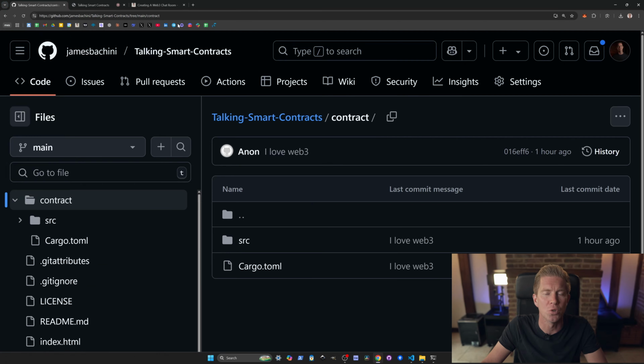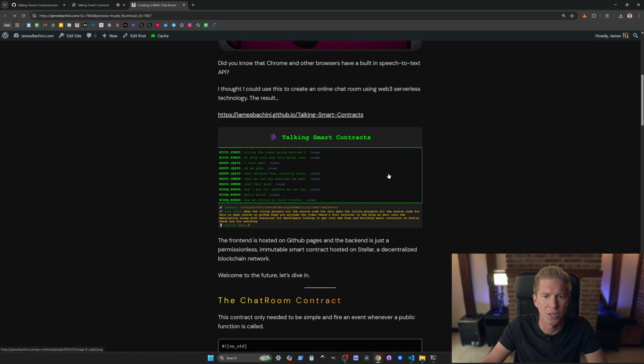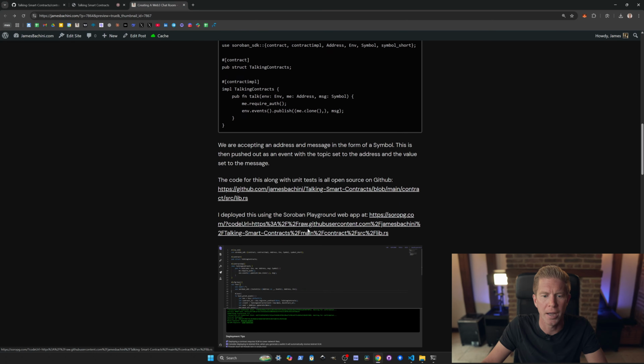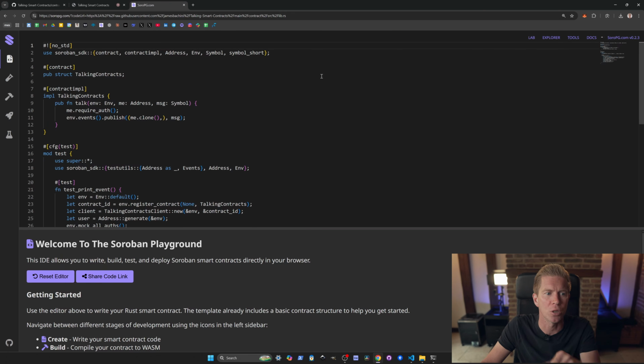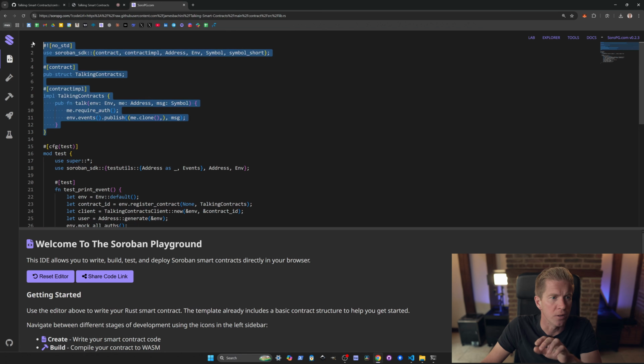All the code for this is open source on GitHub, obviously, and there's a full tutorial link in the description. I'm going to go ahead and open this up in Soroban Playground and have a look at the contract first. This is it. There's 13 lines of code in this contract, and all we're doing is we're accepting